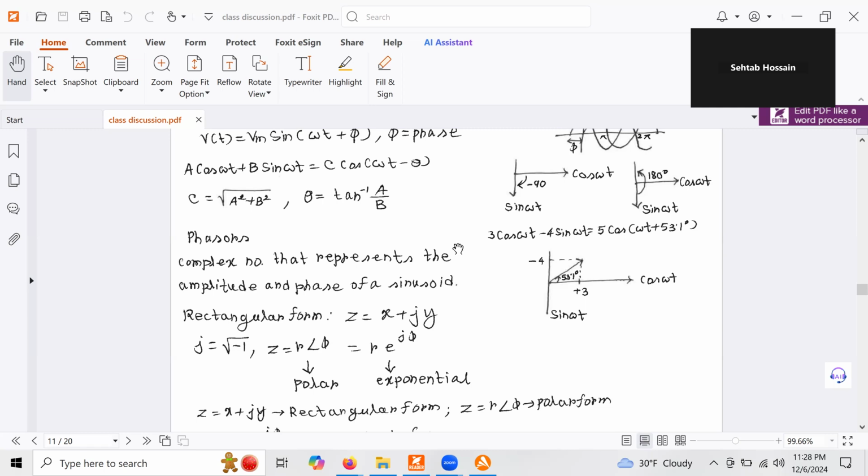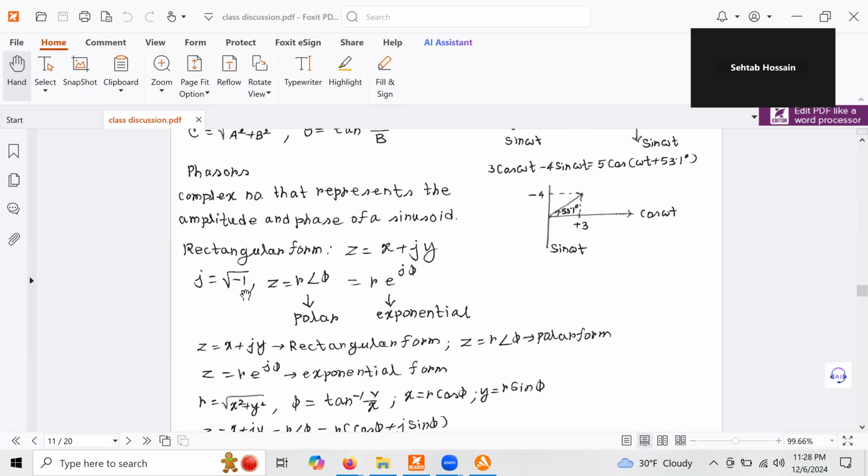So let's talk about phasors, complex numbers that represent the amplitude and the phase of a sinusoidal wave. So this one is the rectangular format. I want to express this format in only amplitude and phase. That's the phasor format. So this is my rectangular format, and